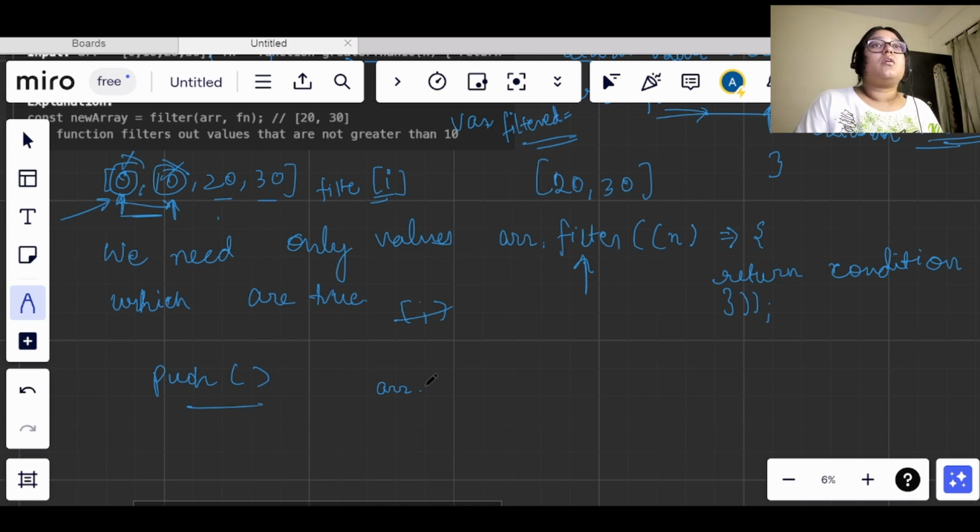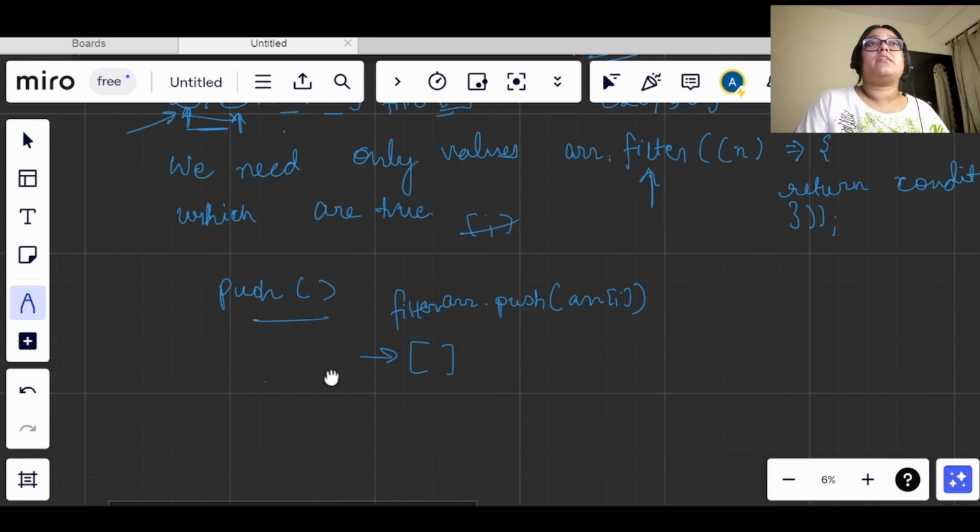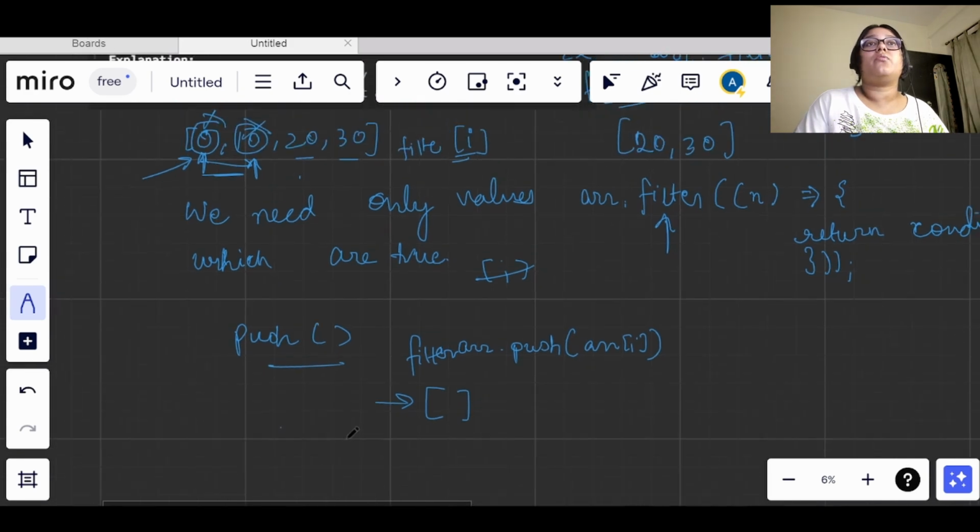So what if our new value is filtered ARR? We have to do filtered ARR and whatever value we have at that index. So let's dry run this, and I will show you how we have to do it.